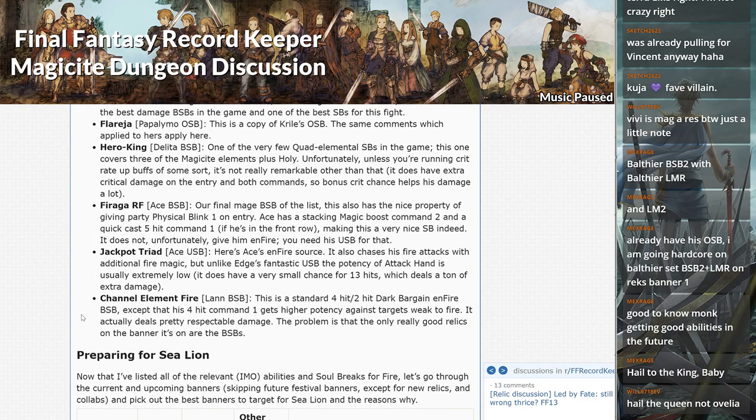Next we have the Lon BSB, standard 4-hit, 2-hit Dark Bargain, and Fire BSB, except his 4-hit Command 1 gets higher potency against targets that are weak to fire. It actually deals pretty respectable damage. The problem is the only good relics on the banner are the BSBs. This appeared on the